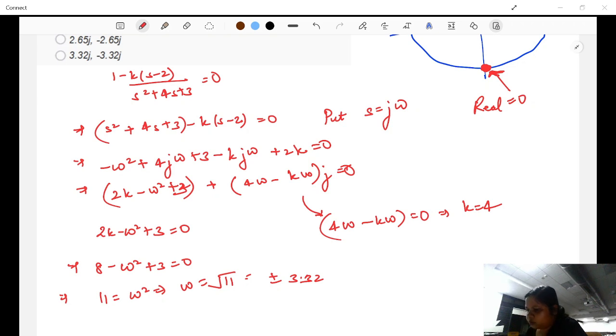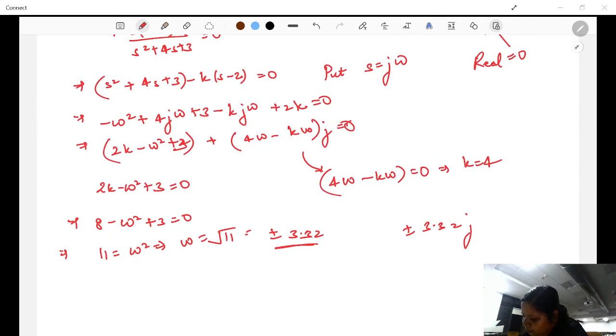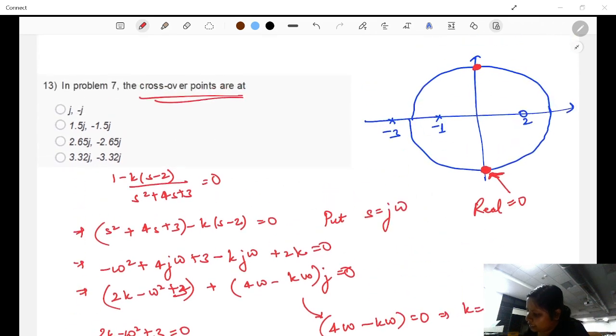Okay. So what is your frequency? Your frequency is plus minus 3.32. And if this is the frequency, matlab 3.32 J. So essentially the crossover points are what? Your crossover point was plus minus 3.32. Since it is on this axis, it is going to be definitely J. So you get this to be the answer. Make sense? These both are the crossover points. तो हमें पता चल गया कि ये रूट लोकस इमेजिनरी एक्सिस पे किधर इंटरसेक्ट करने वाला है